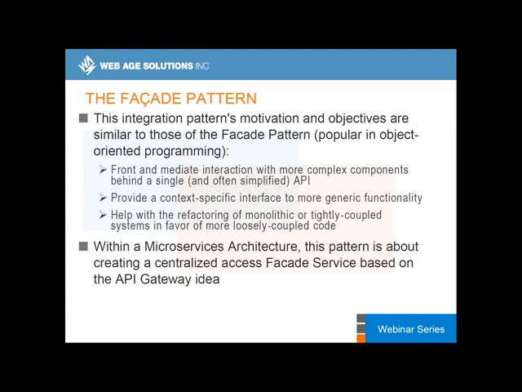The facade pattern is also popular as the facade pattern in the Gang of Four book. And you can create that level of decoupling, and that would be your boundary. That would be your kind of frontier guarding your backend services.